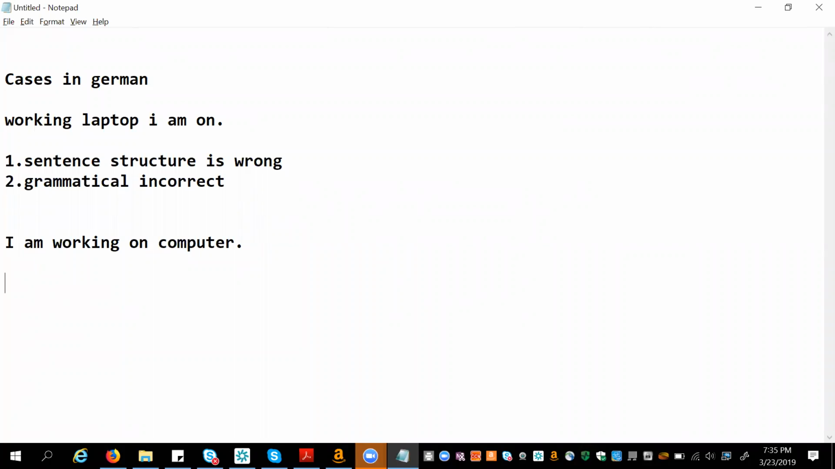So same thing in German. What is subject? What is object? That is what we are going to talk about. So to know that, we should know what the cases are. So case is nothing. It is a fictitious word, but it tells you about